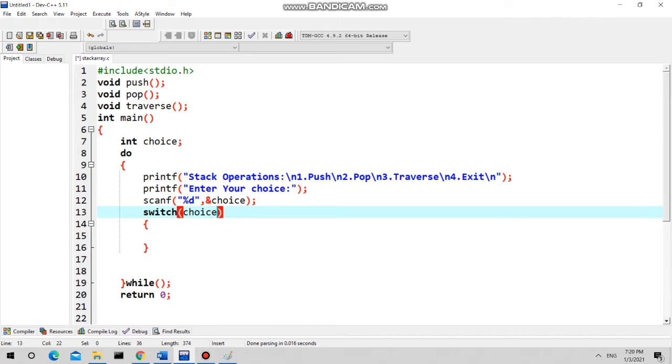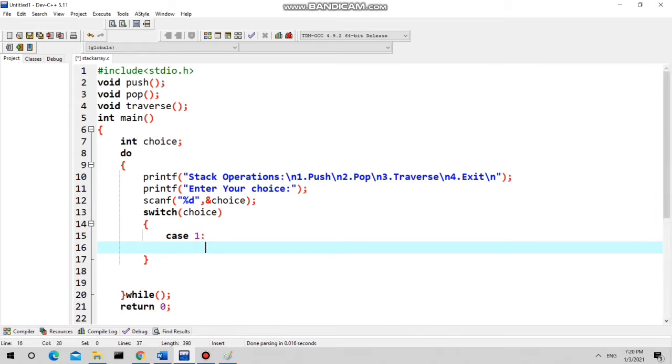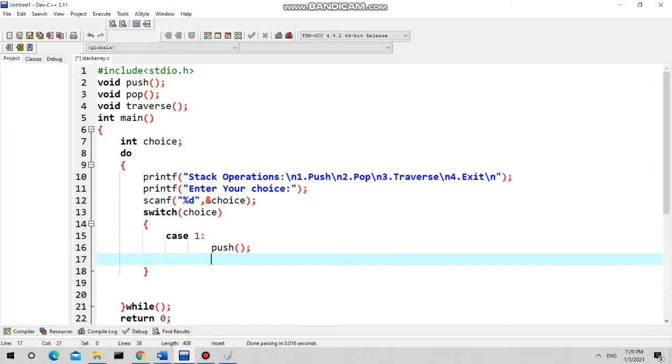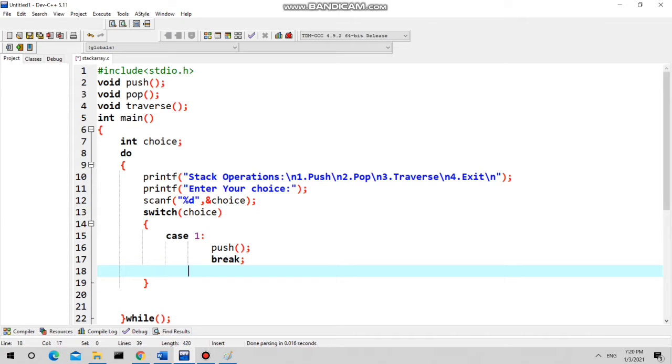We are comparing the choice entered by the user with the case constants. See what I'm doing: I am taking case 1, and if the user choice is 1, then we execute the push function, and immediately we break this switch, so control will be outside this switch case.